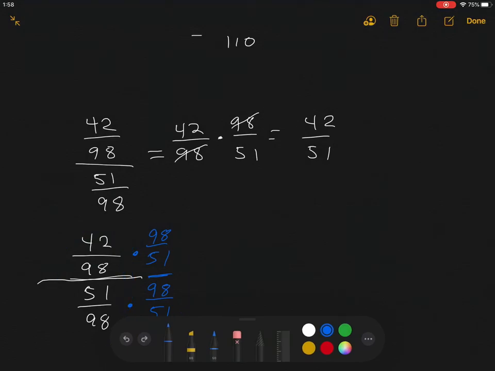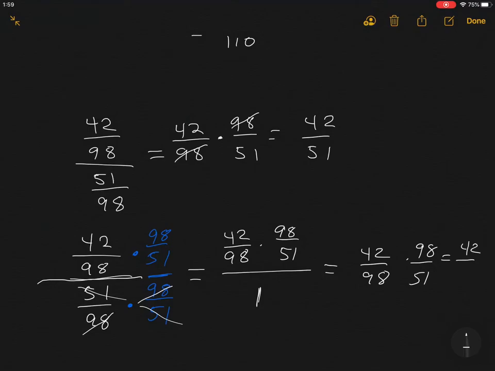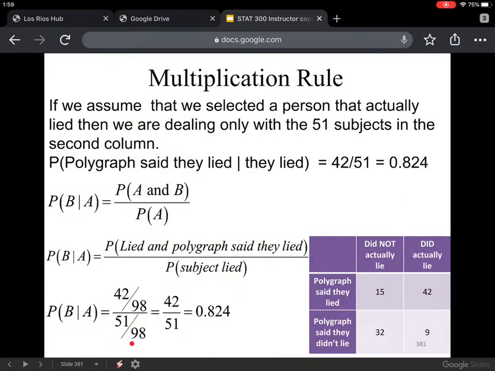But here's the thing that we usually don't notice. What actually happens in the denominator is 98 divided by 98, 51 divided by 51. The denominator is equal to 1. Well, anything divided by 1 is itself. And the numerator is 42 98ths times 98 51sts. So this right here shows you why we can flip and multiply. Multiply by the reciprocal of the denominator. So that just equals 42 98ths times 98 51sts, or 42 51sts, right? So that's a little bit of algebra review. Let's go back here. So we have our probability is 42 out of 51,